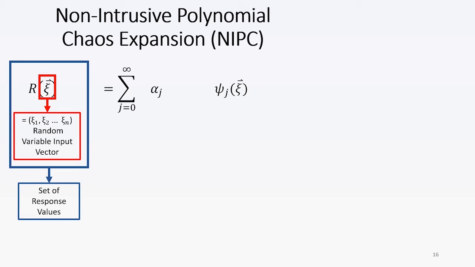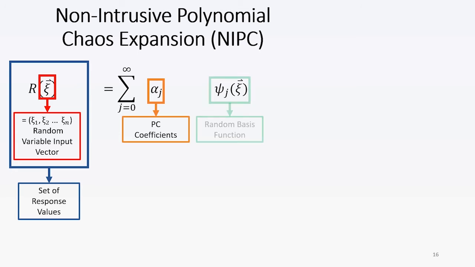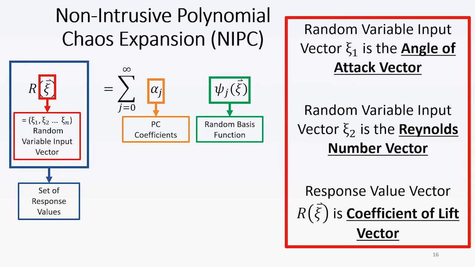variable input vector xi as the sum of the polynomial chaos coefficients alpha j multiplied with a random basis function psi. In this paper, the random variable input vector xi1 is the angle of attack vector, the random variable input vector xi2 is the Reynolds number vector, and the response value vector r is the coefficient of lift vector. The random basis function is dependent on the input vectors that are the Reynolds number and angle of attacks and